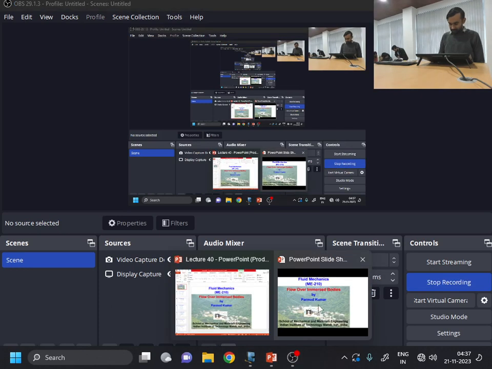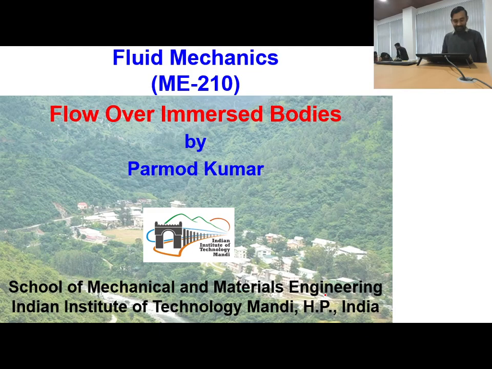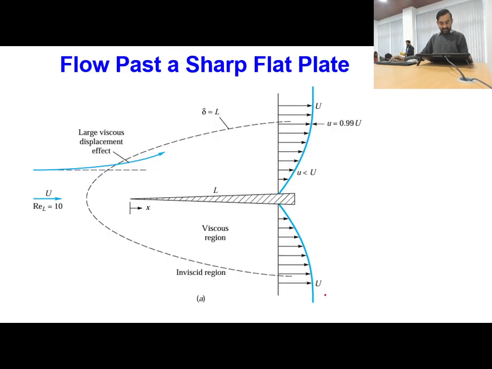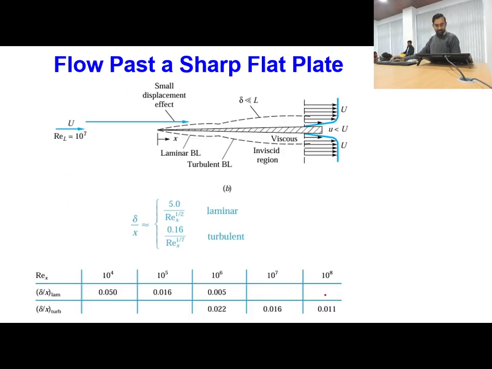Okay, good morning. So this is the 40th lecture and we are studying the flow past immersed bodies, and we have already talked about the flow past a flat plate. If we have a sharp flat plate and the Reynolds number is small, then there will be a thick boundary layer. On the contrary, if our Reynolds number is high, then we will have a very thin boundary layer, and over the thin boundary layer there will be applicability of the boundary layer theory, which I told you in the previous class,